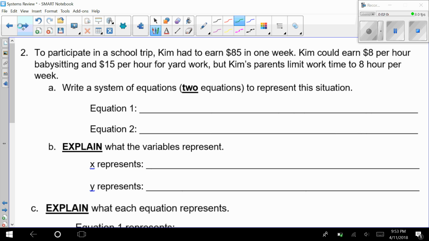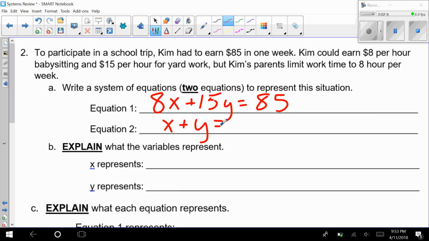Next problem on your review says: to participate in a school trip, Kim has to earn $85 in 1 week. Kim could earn $8 per hour by babysitting and $15 per hour for yard work. Her parents will only let her work 8 hours per week. So we need two equations to represent this situation. First, we have $8 an hour for babysitting and $15 an hour for yard work to equal her $85. There's our first equation. Second one is just her total hours, x plus y, babysitting plus yard work equals 8